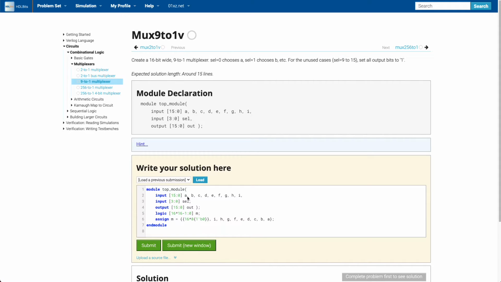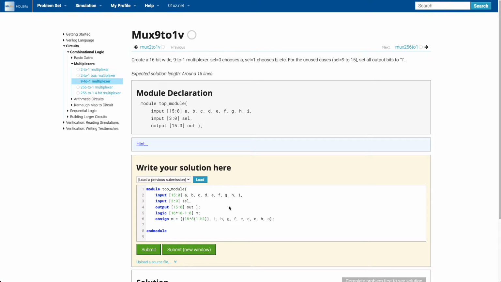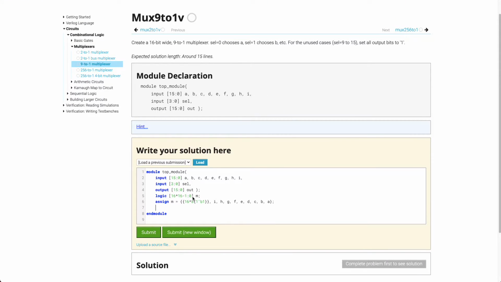So this then just concatenates A through I, and then the rest of the bits are just going to be ones. And actually, one could do something a little easier, which is just like this. And then so equals m of select